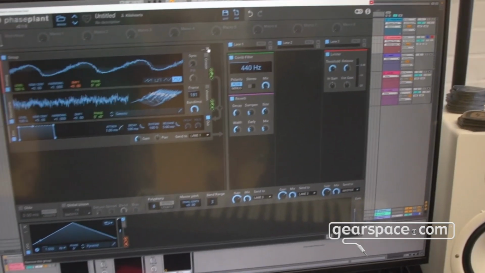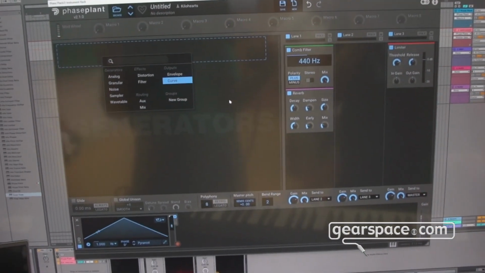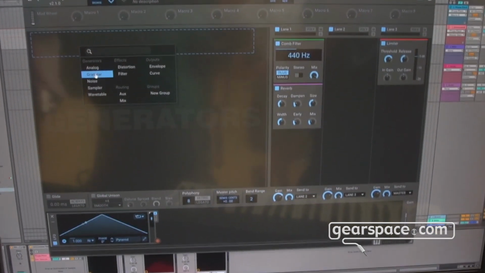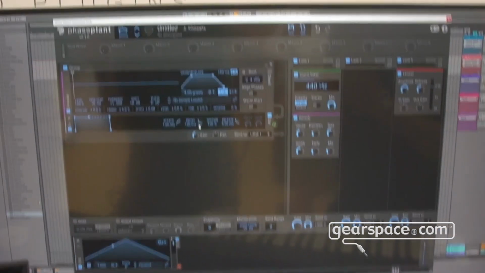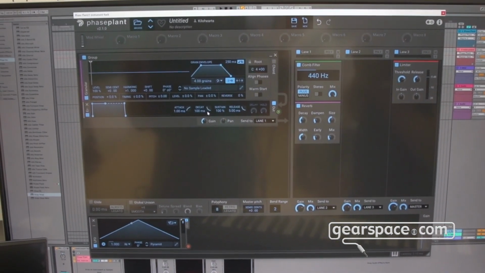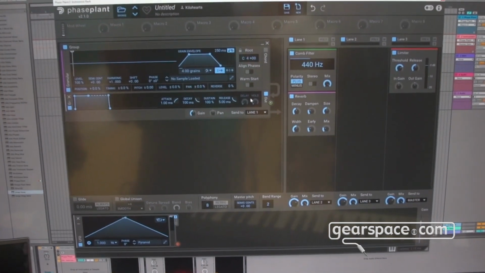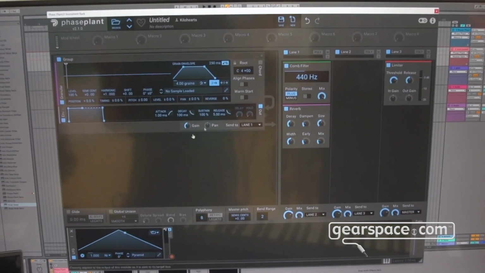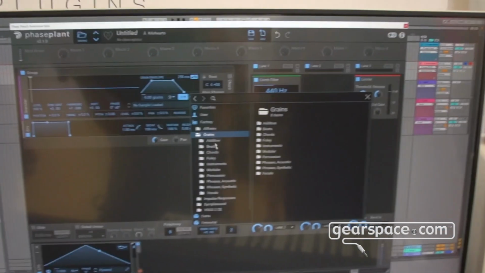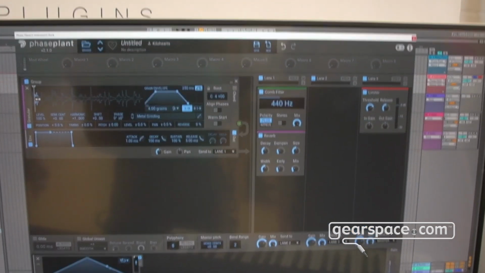And then one of the new additions to Faceplant that we recently released is a new generator called Granular. And this is something you can expect from Faceplant in the future, new additions that are free for everyone who already owns the plugin. So we will be working on more generators over time. So the latest addition is the Granular, where you can load up some cool sample, and then when you play it,